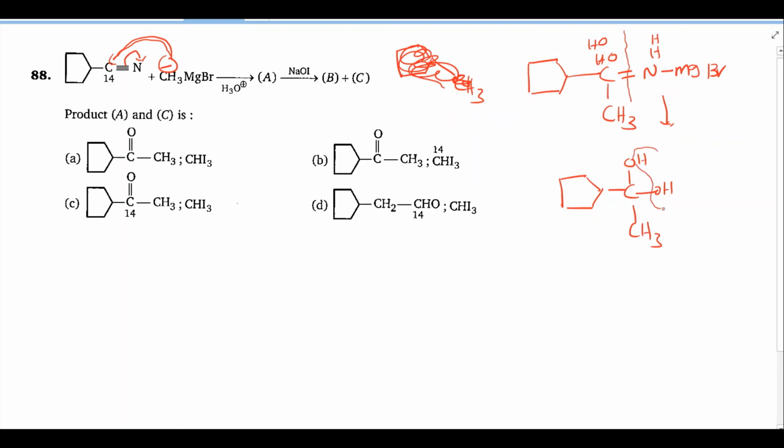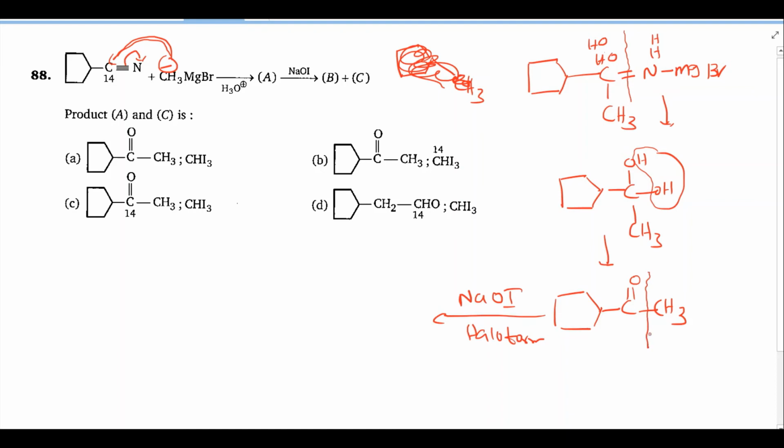Immediately what is the part eliminating? Water is going to eliminate. Then this is cyclopentane, C double bond O, CH3. So again this is treated with NaOI. It is completely a haloform reaction. You are going to break the bond. Here CH3 is converted to